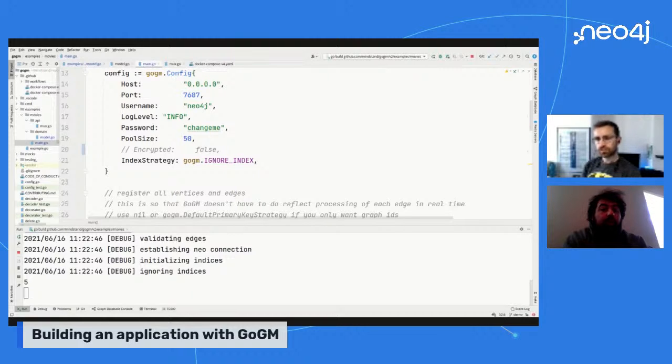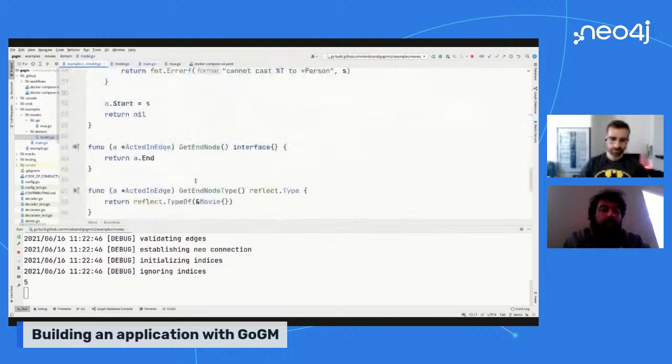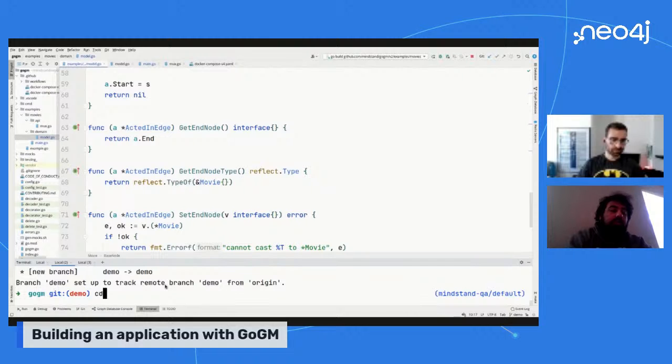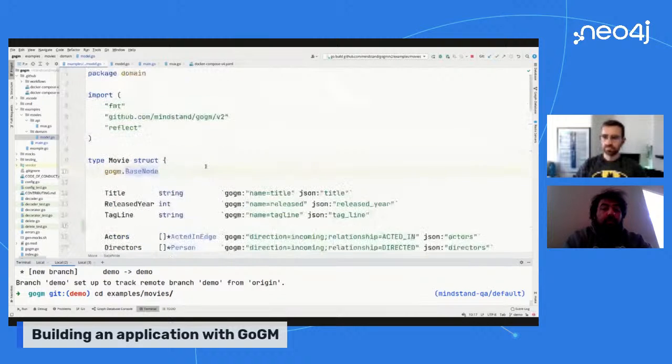The other thing that will be coming out is a fix to the Gogem CLI. Actually, I can demo the Gogem CLI real quick now that I think about it. Can you see this? Yep. So the Gogem CLI is just something that automatically generates linking functions between nodes.